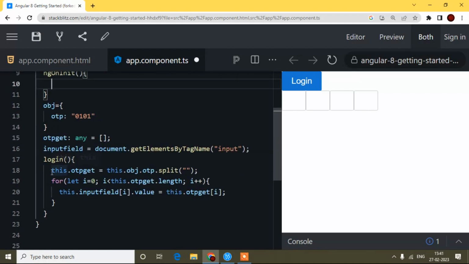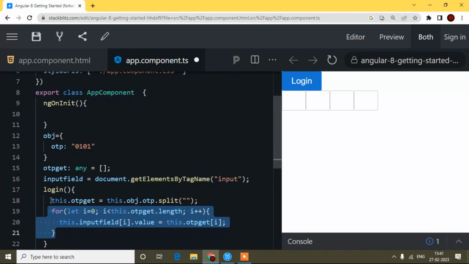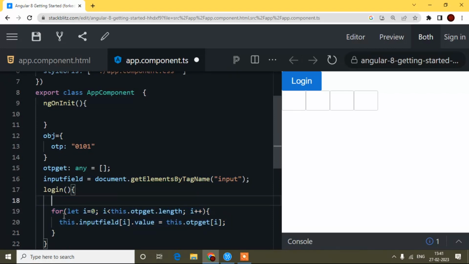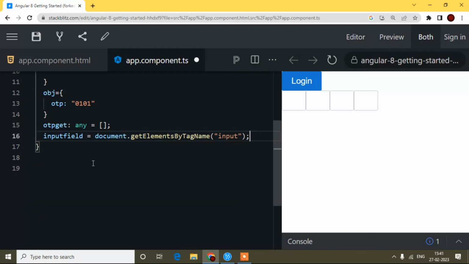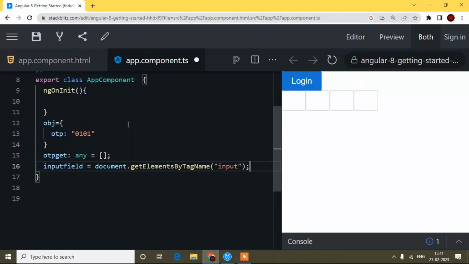So now let's see, this time it's not required to write a for loop here. Why? I will just explain. I will cut this line and remove this login, because the login button is not required. This will be another page and this will be another page. So after clicking the login button, when it opens our page, that time I will fetch. This scenario you can face, so that's why I'm showing.